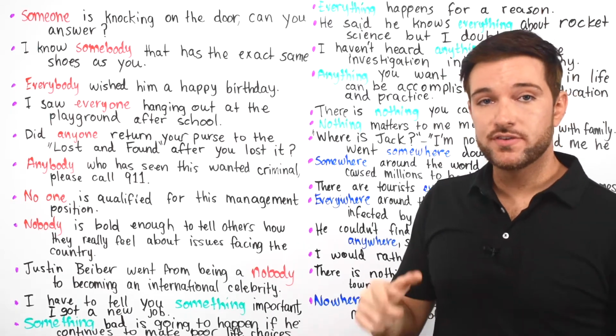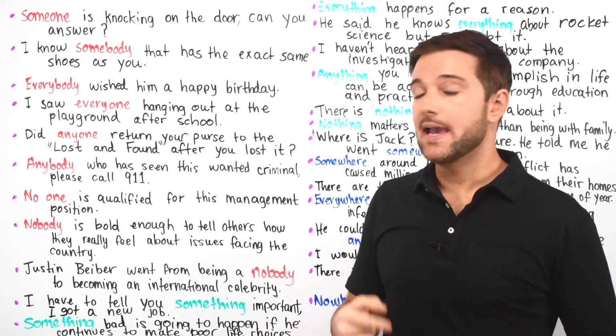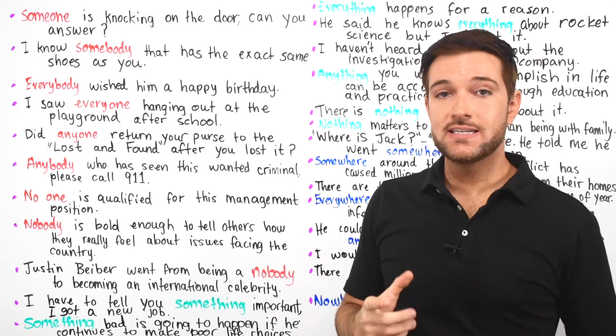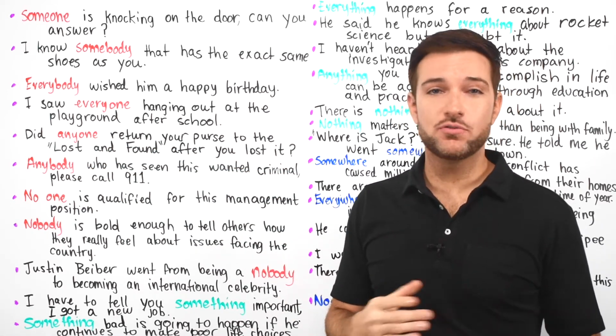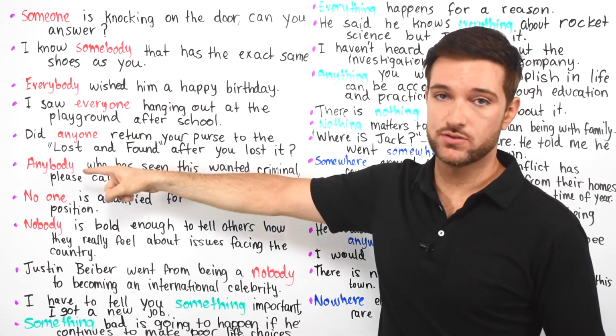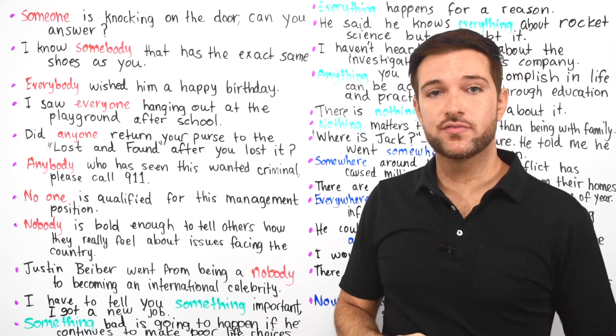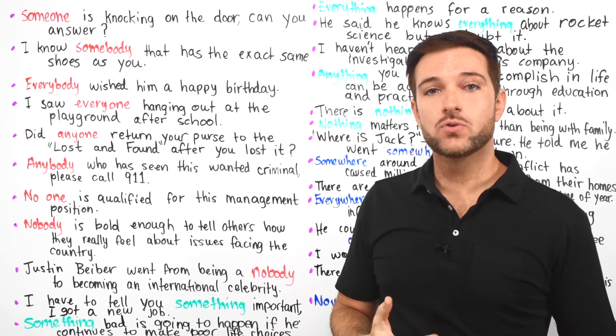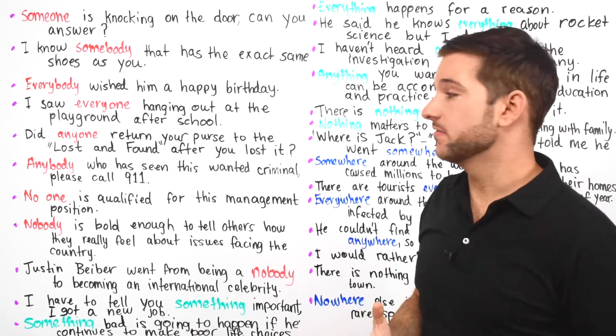All right, so moving on, let's take a look at the words anyone and anybody. These are two words that are indefinite pronouns and also they have no difference in meaning. Okay, so it's similar to these ones. They have no difference whatsoever. And we use them to refer to both an open or unlimited set of people, and the words are used with a singular form of a verb.